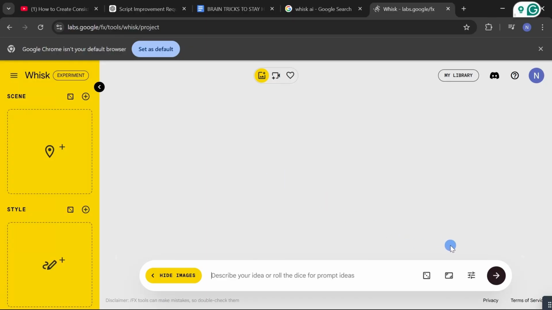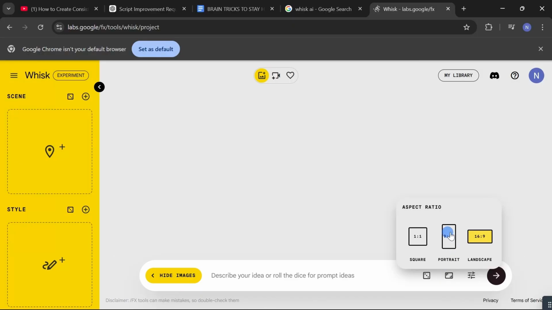And now once you come to this icon here, once you click on it, you'll be met with your different aspect ratios. So depending on the kind of video you are going for, you have to choose correctly the aspect ratio that will fit the kind of video you are going for. But for the sake of this video, we are going for a landscape 16:9 aspect ratio. After that, we come to this settings icon. Once you click on it,